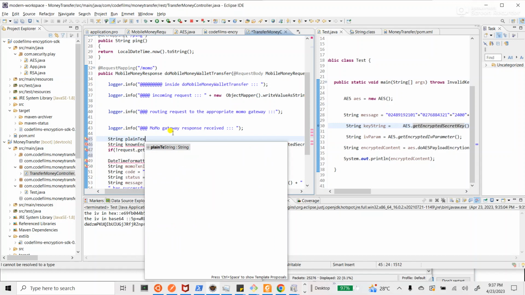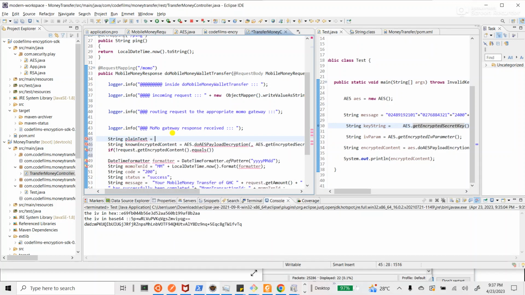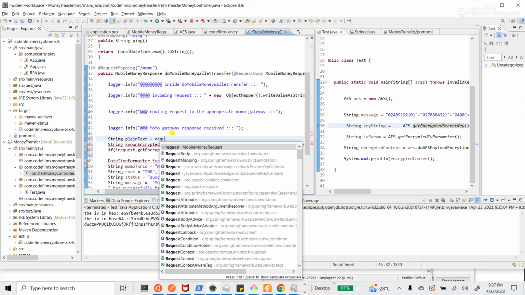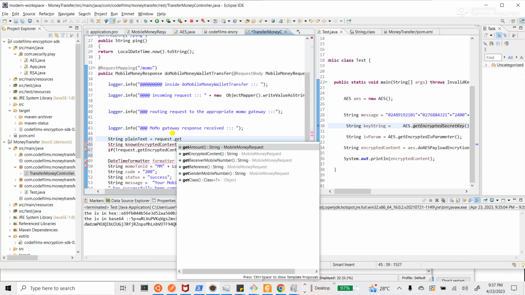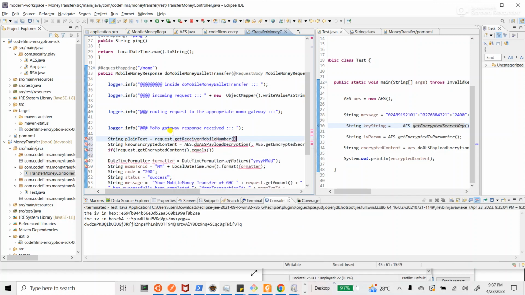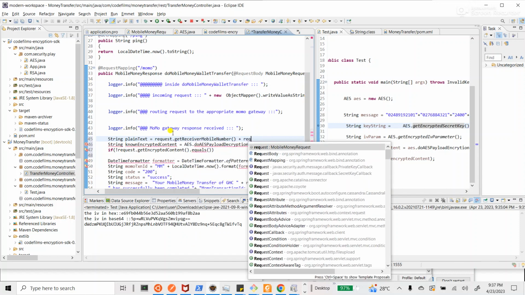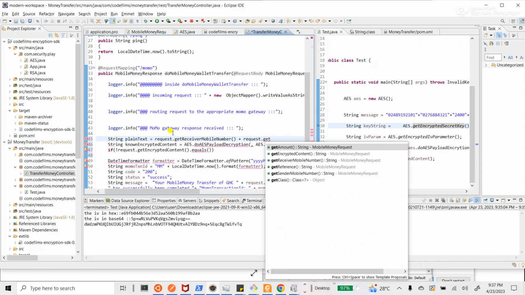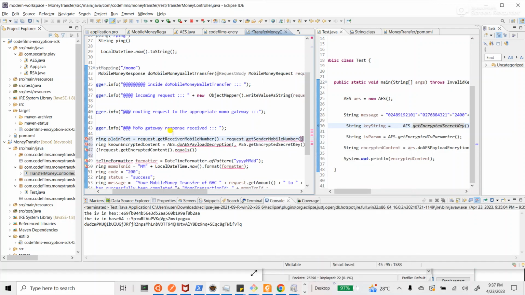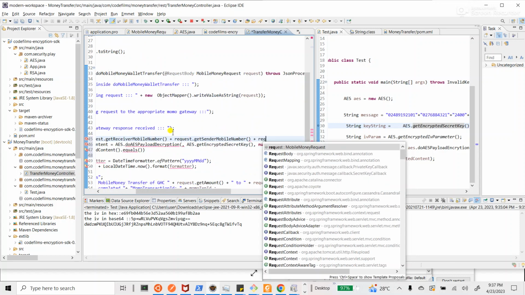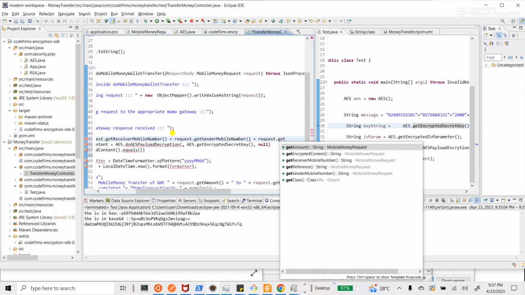Plain text has to be equal to, in first place, request dot get the receiver mobile number, plus request dot get the sender mobile number, plus request dot get